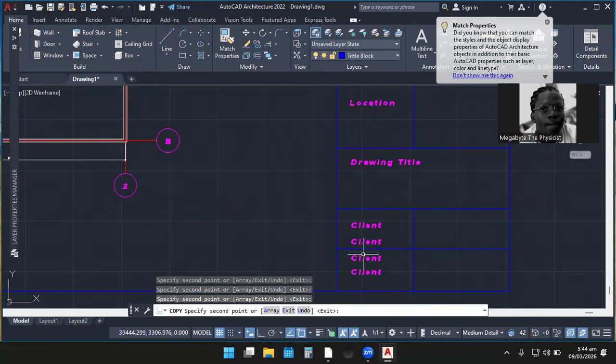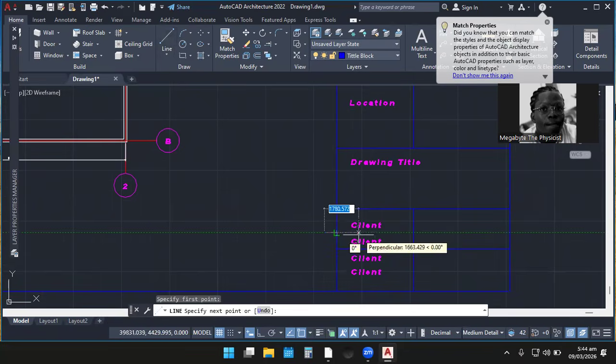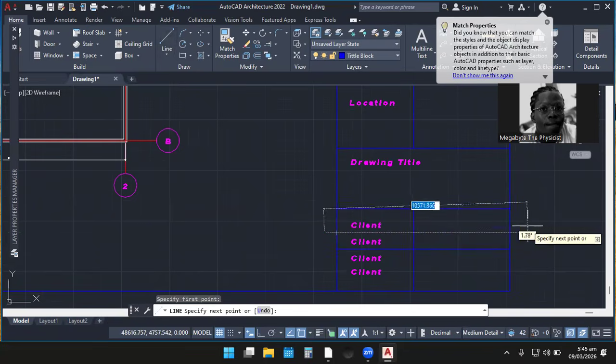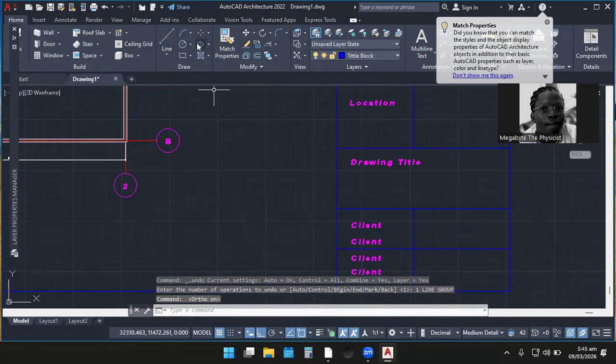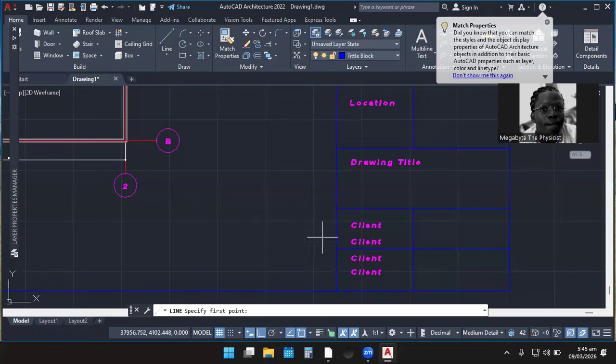So let me just escape. So let me pick a line now. I realize that auto is not on. That is why we faced that challenge. So I just click the auto again.